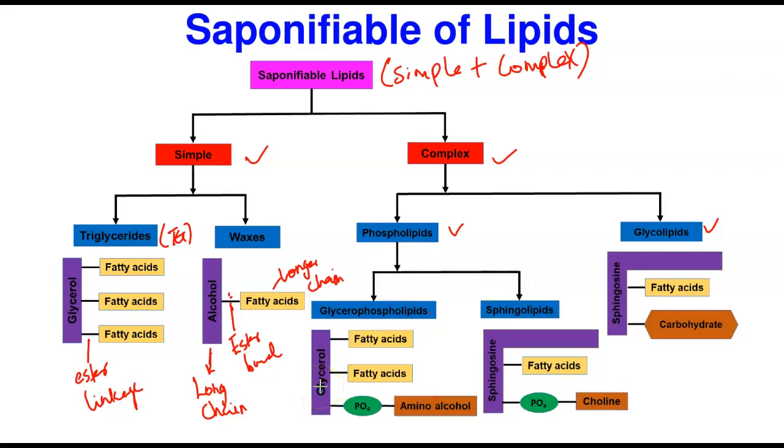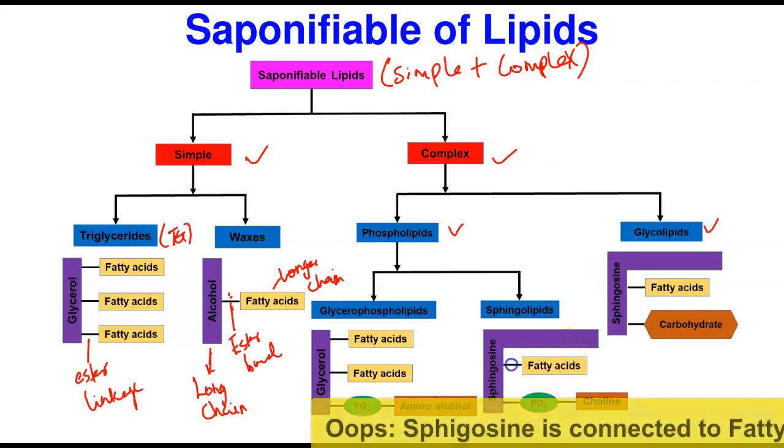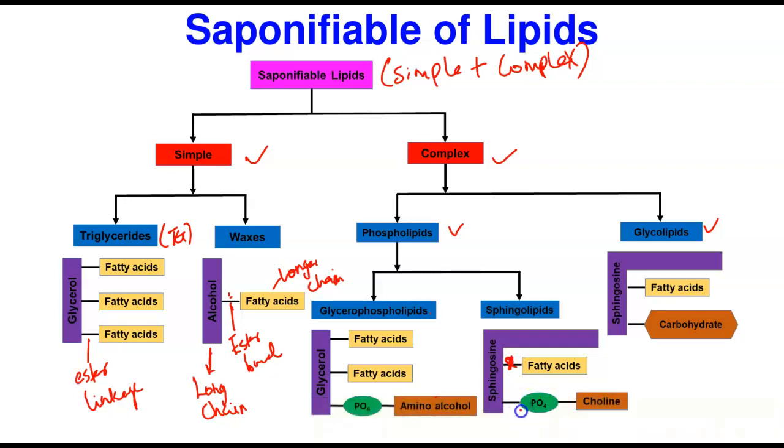And then the sphingolipids do not have glycerol. Instead, they have a long chain amino alcohol called the sphingosine. So the sphingosine itself is connected to a fatty acid through an ester bond here. This is an ester bond. And then the first alcohol there in carbon number 1 of sphingosine is connected to a phosphate group, and that phosphate group is also connected to a choline. A choline, like I told you, is the type of amino alcohol I mentioned here. It's the commonest amino alcohol. So this is the backbone of the